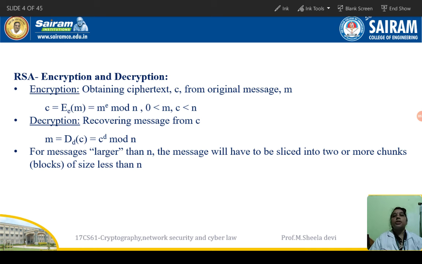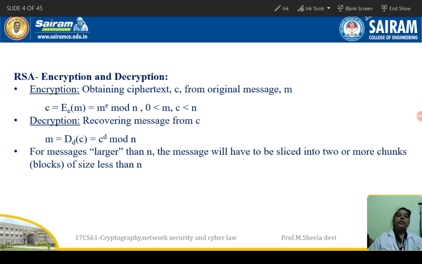In the encryption part, if we have a message, we have to do the encryption. So what will be the public key now? E comma n, that is, take the message m power e, where e is the public key which we have calculated in the key generation part. M power e mod n, where n is equal to p into q, which we calculated in the first step, is nothing but the ciphertext of the message which has to be sent to the receiver, and then the decryption.